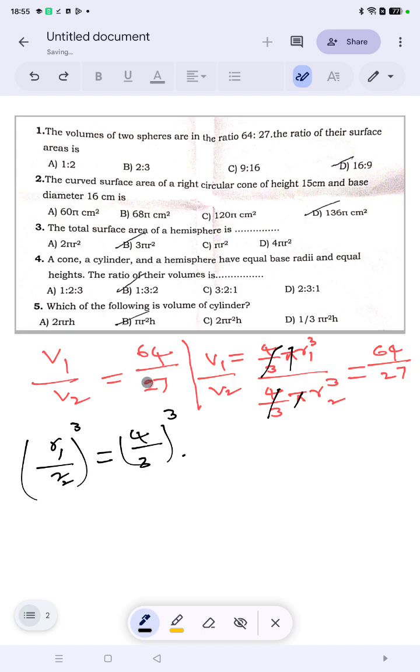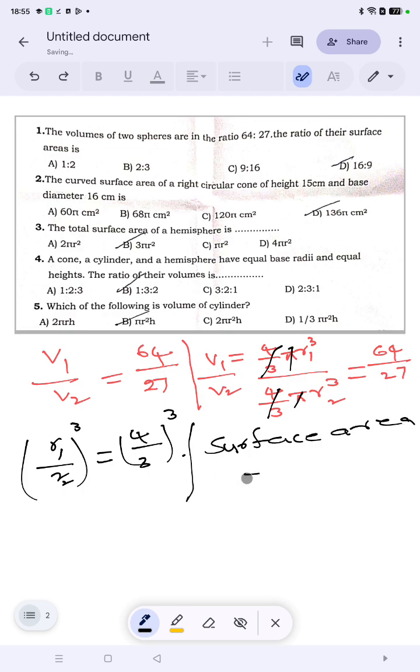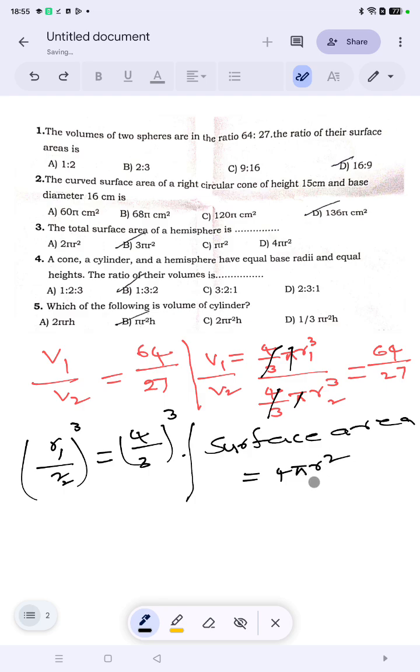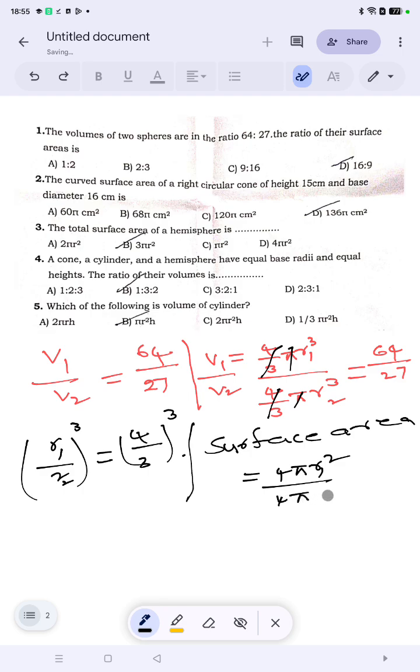So now what is given? Find the ratio of surface area. What is the formula for surface area? Surface area formula for sphere. Here surface area for sphere formula, that is 4 pi r square. For both ratio you take 4 pi r1 square by 4 pi r2 square. Now if you do here,